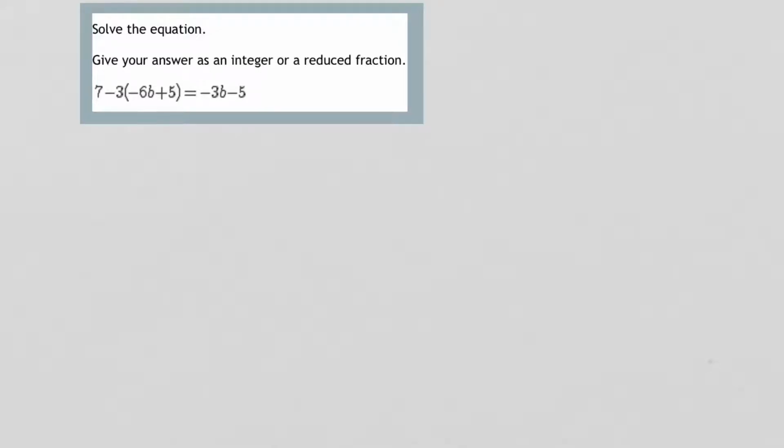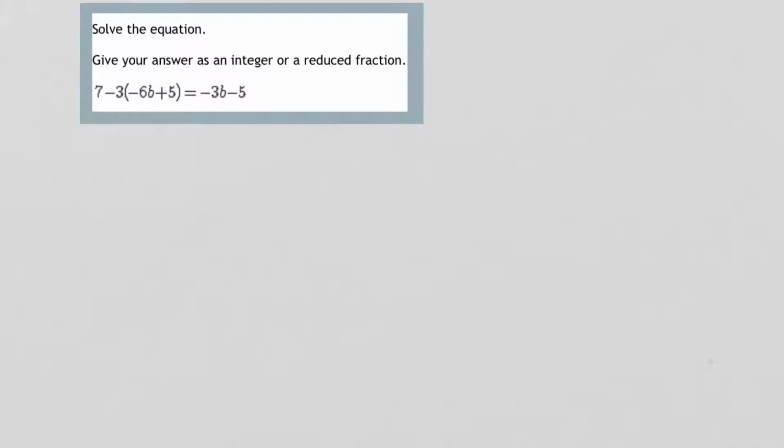Hi, let's take a look at an equation that tends to give some students some trouble, specifically, I think because of the order of operations. So let's solve the equation 7 minus 3 times the quantity negative 6b plus 5, quantity closed, equals negative 3b